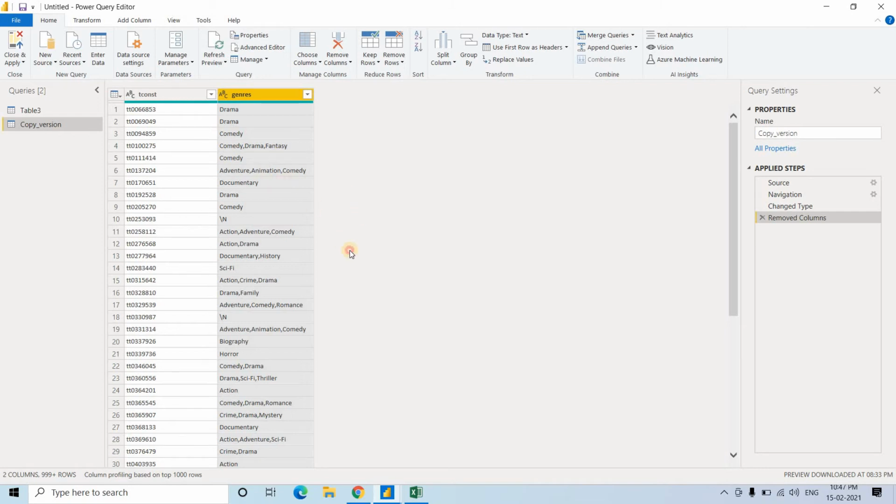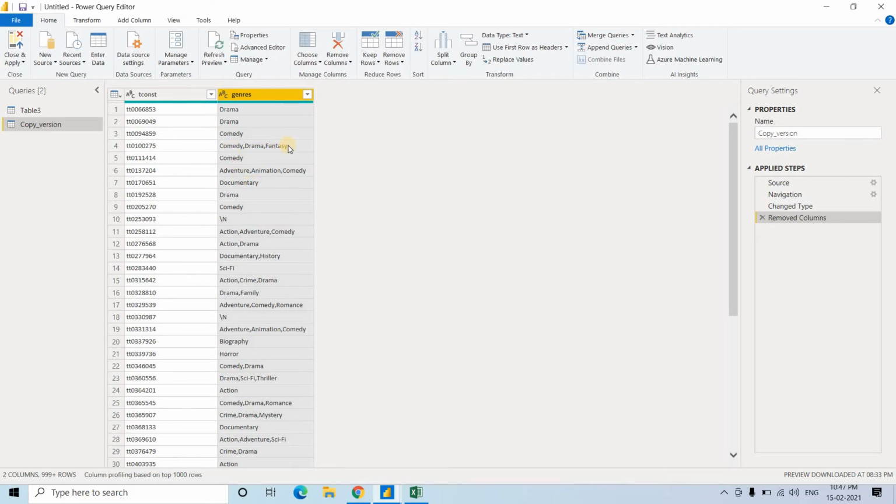Now here each individual value is separated by a comma, right? Now we need to separate those. Let me discuss what we are going to do in the first step. First we will create different columns for this particular feature, genres, each storing one single value. So from one particular column we will be creating multiple columns, like here you can see comedy, drama, fantasy.